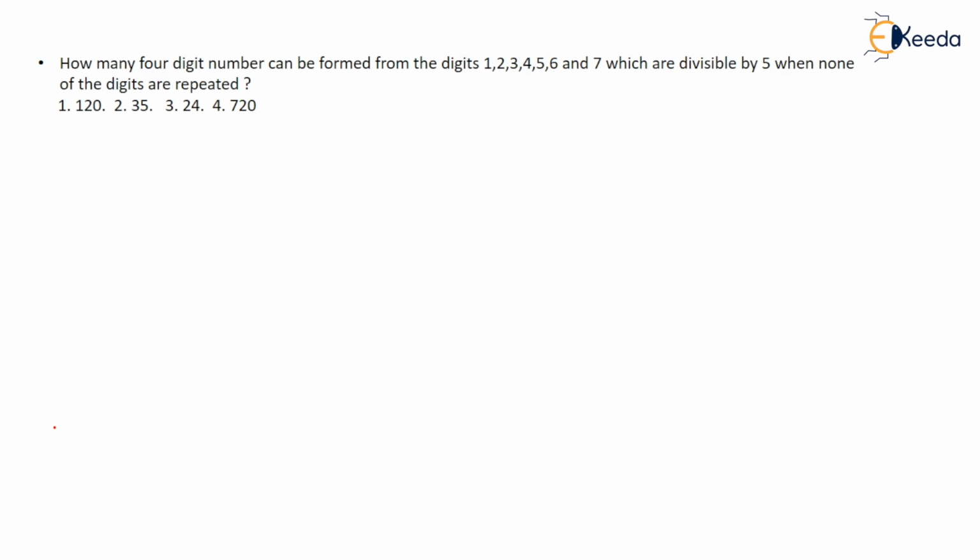Okay. So here is a question: we have to find the 4-digit numbers which can be formed with those 7 digits, which are exactly divisible by 5, when none of the digits are repeated. So the condition is provided that none of the digits are repeated. What does that mean? For divisibility by 5, you have to fix 5 at the last place, right? The divisibility rule of 5 tells us that if there is 5 or 0 at the last place, that number is divisible by 5. So if you take 5 in the last place, you fix this number here. After fixing this number, what are the numbers you are left with?